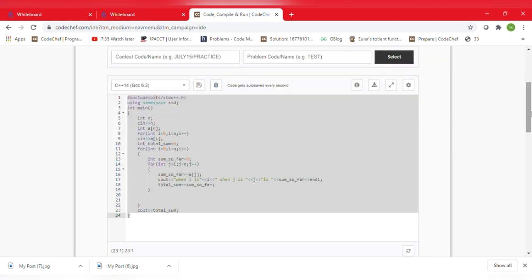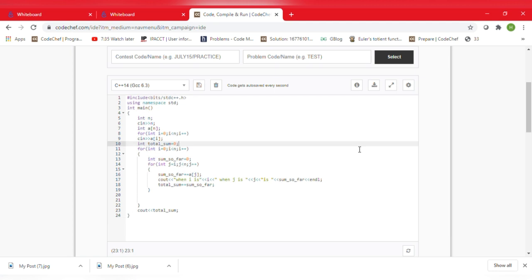So suppose i will be the starting position and we will have a variable sum so far. And then the j variable will iterate over all the subarrays which start from position i, and individual elements will be getting added to sum so far, and that sum so far will be added to the total sum.